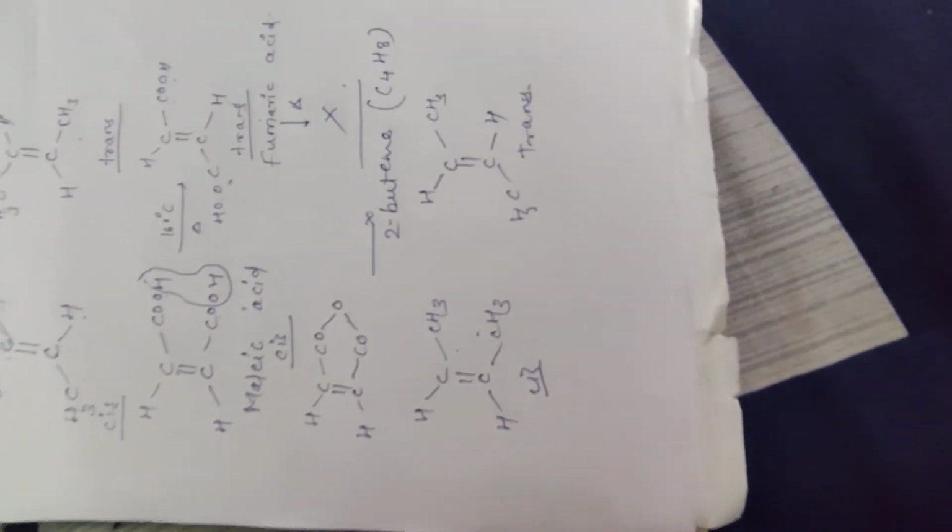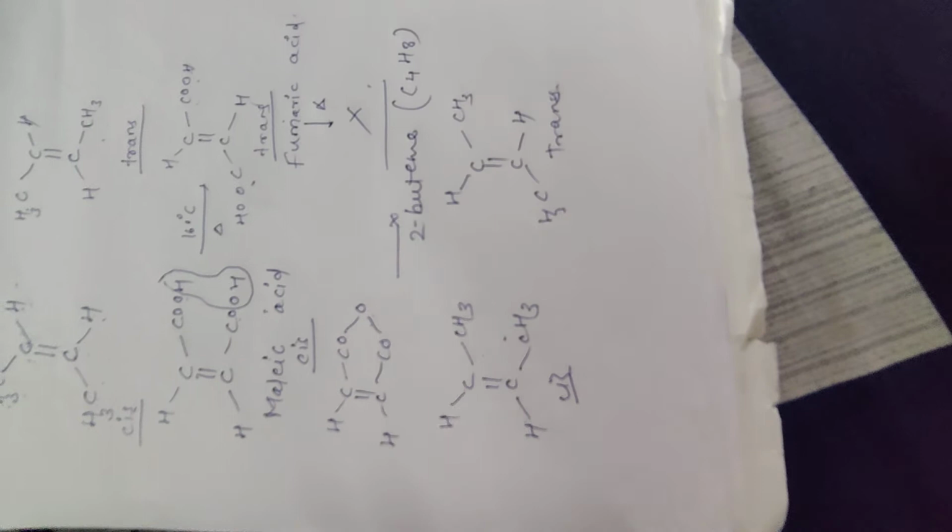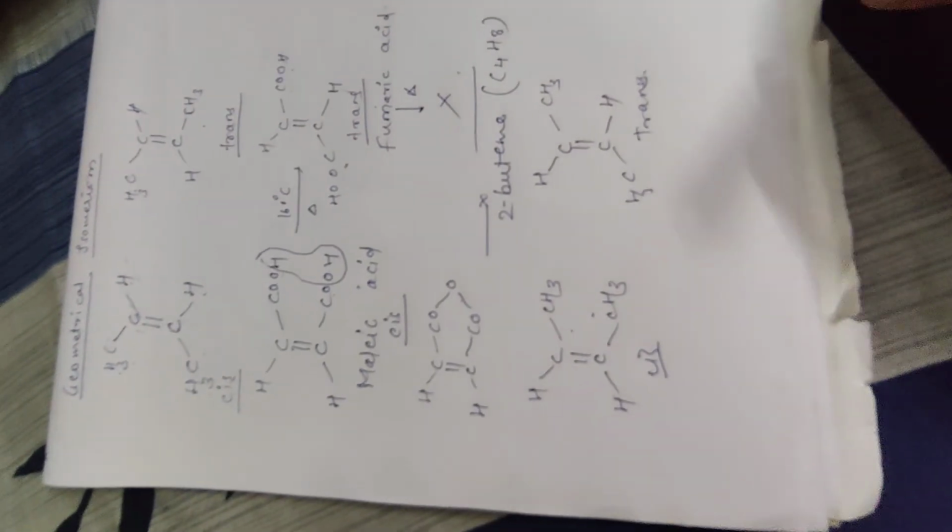And when there is a rotation about the carbon-carbon double bond through 180 degrees, the cis 2-butene is converted into trans 2-butene. During this pi bond breakage, the energy required for this conversion is 40 kilocalories per mole. So this is all about the geometrical isomerism of malic acid and fumaric acid as well as the geometrical isomerism of 2-butene. Now the next topic is the EZ system of nomenclature.